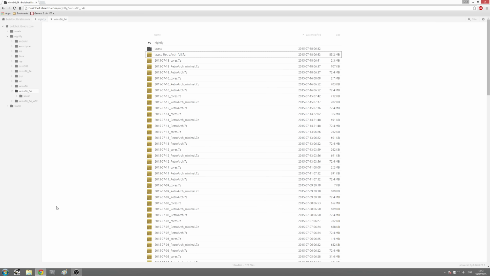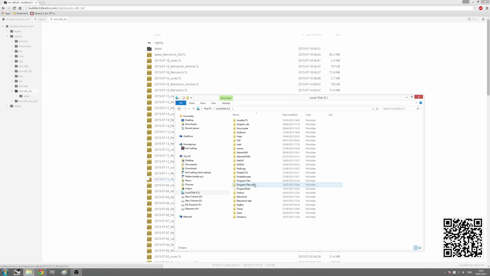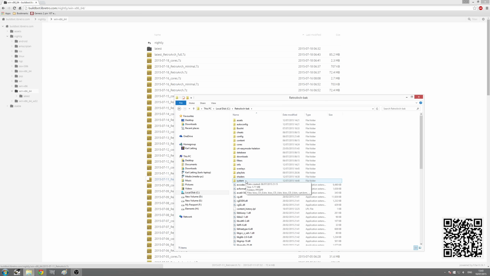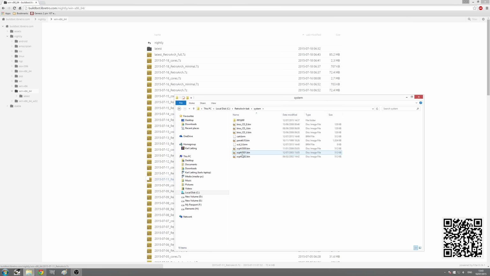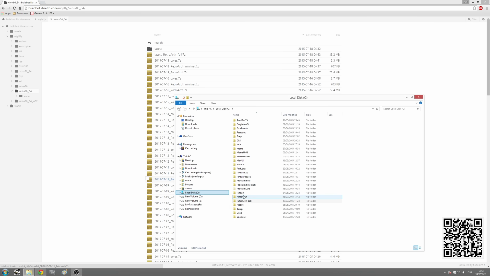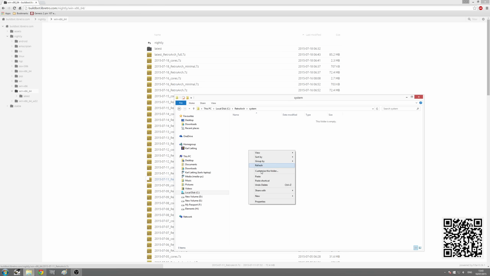One thing this download doesn't include is BIOS files. Emulators such as PlayStation, Mega CD, and PSP need BIOS files to load the ROMs, to get the emulators to work. They're not included, but if you do a Google search for BIOS files, you'll find them. They're easy enough to find. But for the purposes of this video, I'll copy these over from my backed up RetroArch folder, and they need to go in the systems folder in your RetroArch folder. So if we go into RetroArch, into the systems folder, I'll just copy these over